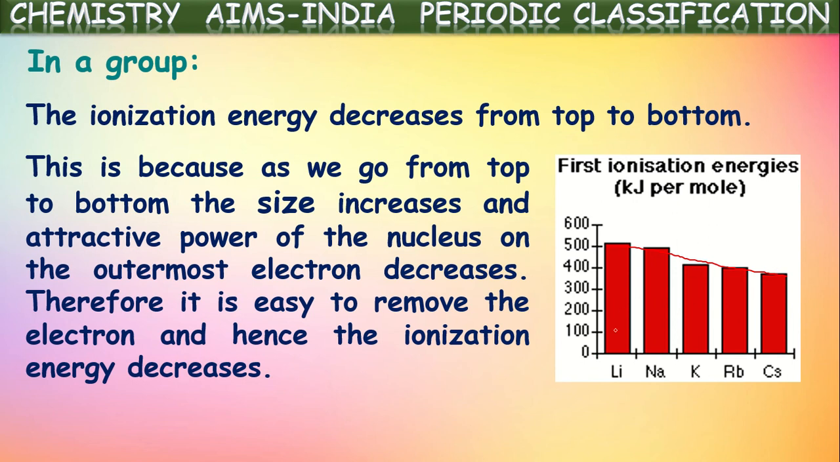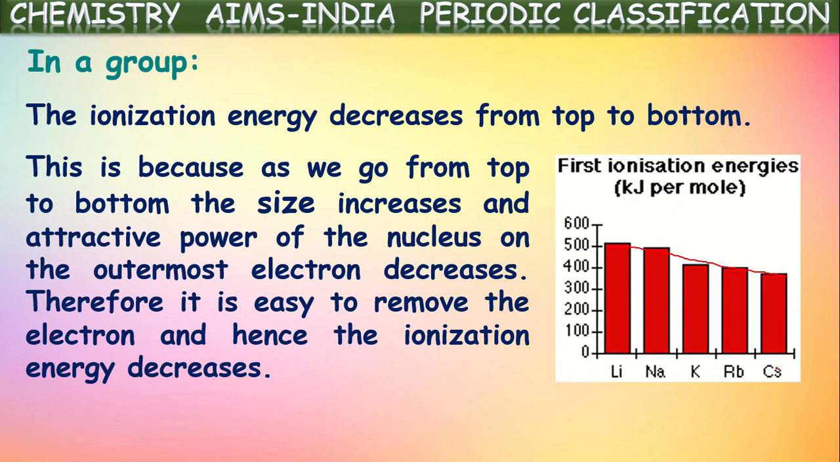So what is happening here, from lithium to potassium, francium or cesium in that group, if we observe, size increases. Lithium has only two shells, whereas sodium has three, potassium has four, and the number of shells gradually increases from top to bottom in that group. As the number of shells increases, what happens? Size also obviously